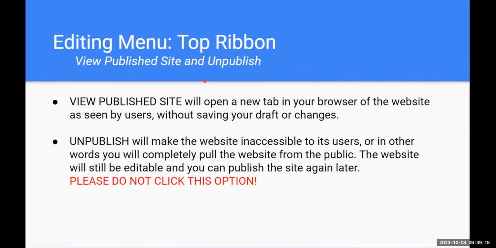Okay, so view published site and unpublish are basically what they say. View published site lets you see what the users are seeing now, and this is useful if you want to see it in real time how it looks while you're editing it. That's why there's an option to do that, because when you go into edit, it doesn't open into another tab or another window. It actually opens within the window that you are viewing the digital library. So if you need to physically see the library as it looks now, just click that